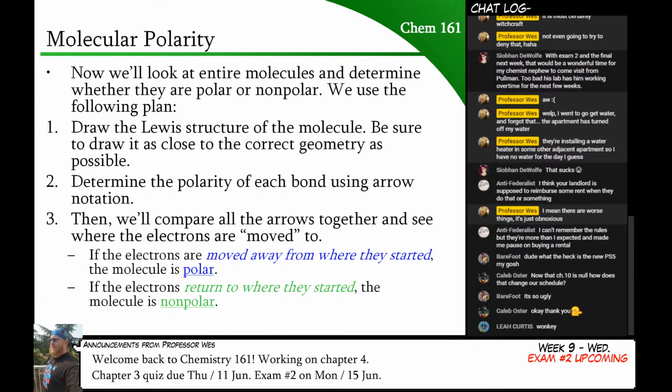And then we are going to say, okay, this is how our electrons are moving. They're being pulled in this direction through our molecule. If electrons get pulled over towards one end of the molecule, then the molecule becomes polar. But if the electrons are pulled in all directions equally and they more or less stay where they started, the molecule will be nonpolar. And this will make more sense when you see a few examples here.